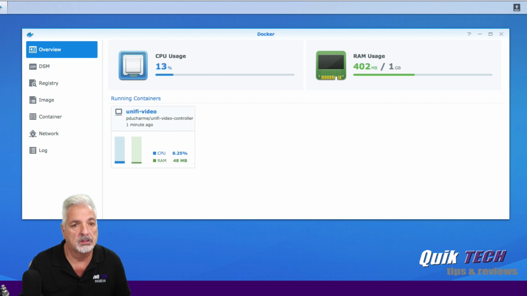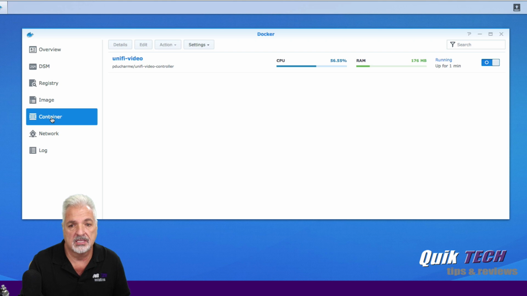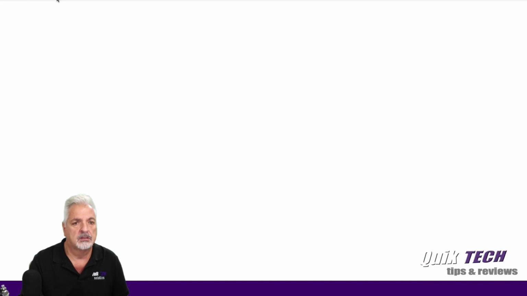And now if we go back into the actual NAS web user interface, you can see in the overview that we have a running container, Unifi Video. If we look at the container itself, you can see that it is running here. It's been up for about a minute. You can see the CPU usage and the RAM usage. So the next thing to do is to point